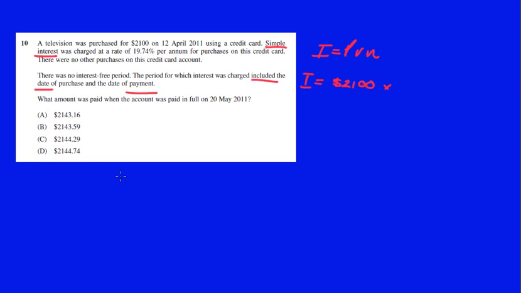My interest rate. Now, I'm going to have to calculate this one out because we know we've got 19.74%. So that's going to be 0.1974 as a decimal. But then I need to divide it by 365, because at the moment that is a per annum amount, a per year amount. So what we want is a daily amount, so then we can times it by how many days that we've been charged interest for. So if I divide by 365 days, we're going to get something like this,